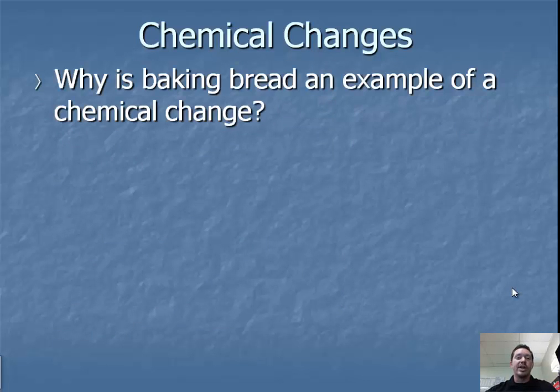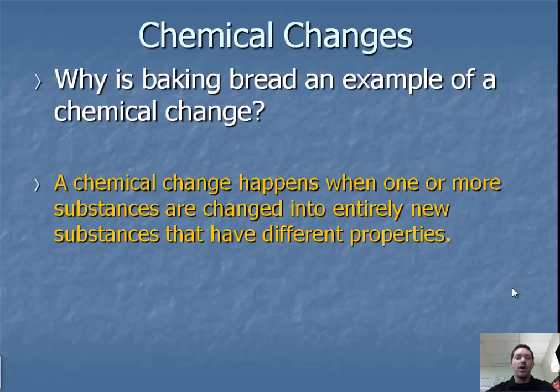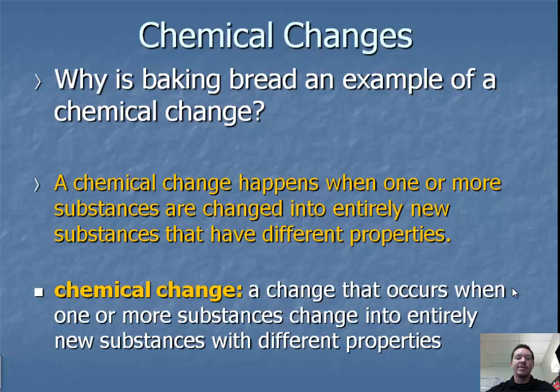Alright, so chemical changes. Our second question: why is baking bread an example of a chemical change? Well, a chemical change happens when two or more substances are changed into entirely new substances that have different properties. So we can define chemical change: a change that occurs when one or more substances change into an entirely new